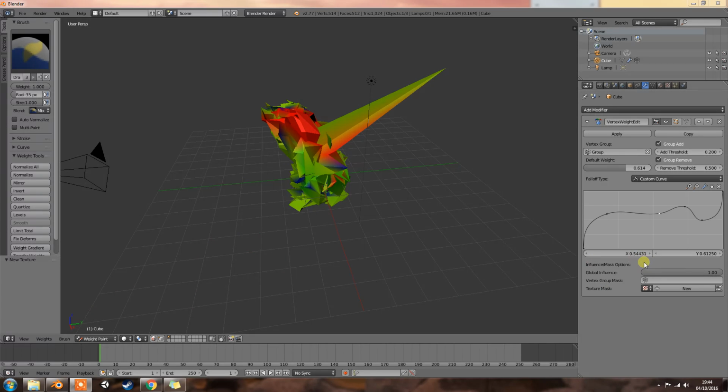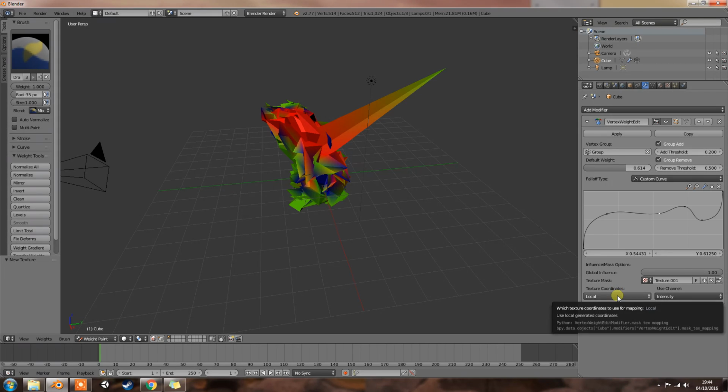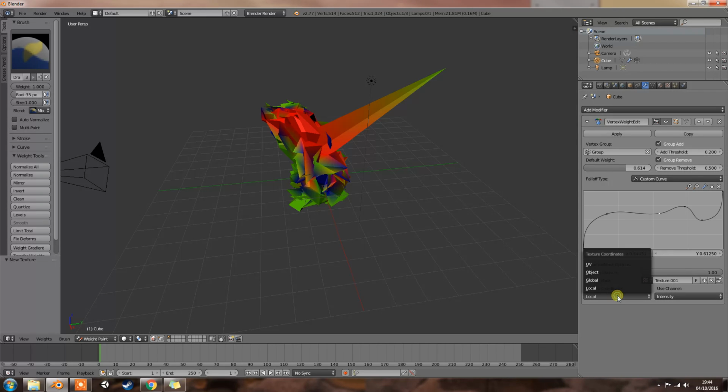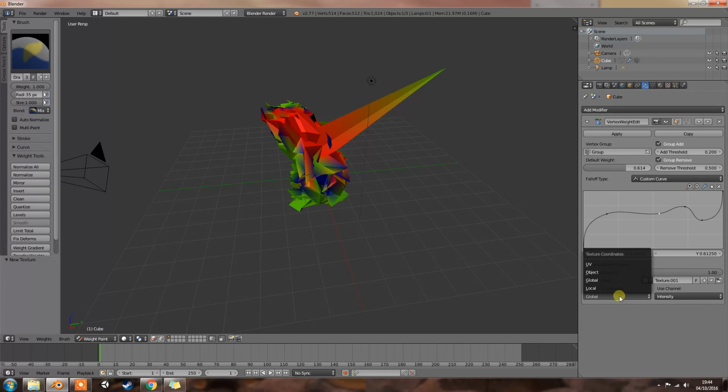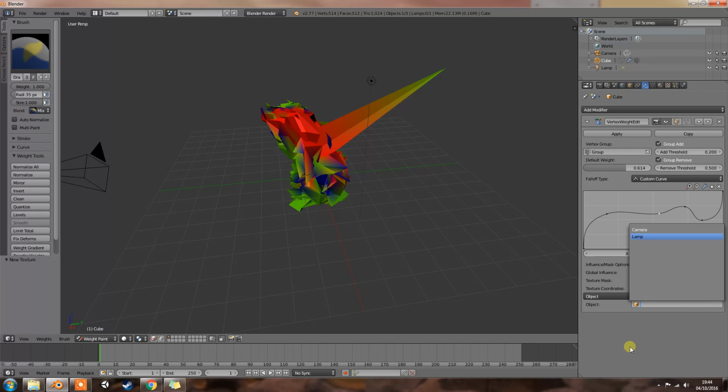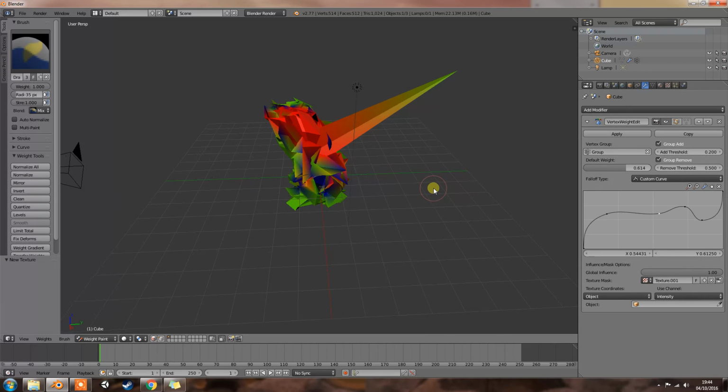Okay, so then we have a few options, which I believe we need to add a texture in. We then have texture coordinates, how the texture is mapped to the mesh. Local, use local vertex coordinates. Global, use coordinates in global space. Object, use vertex coordinates in another object space. So then that's where you'd pick another object there of, let's see if